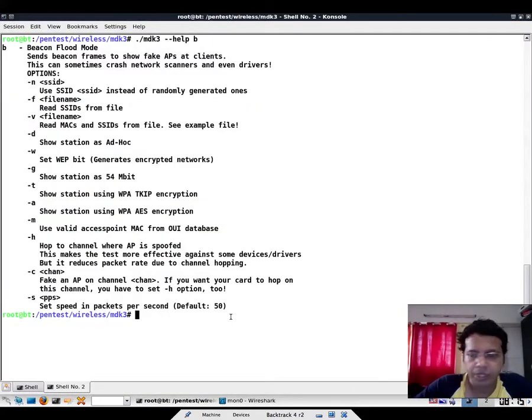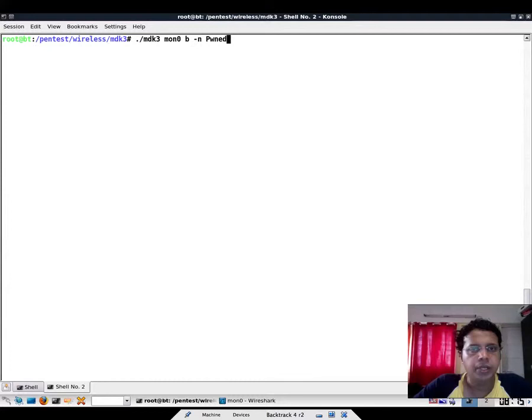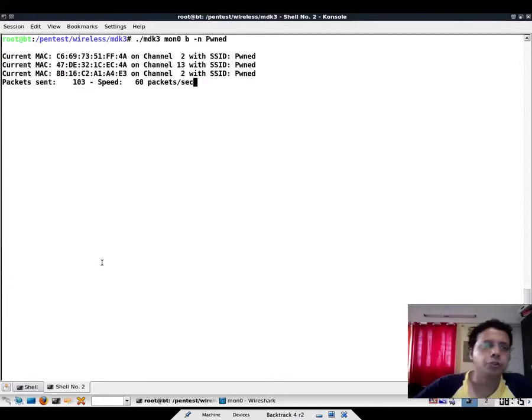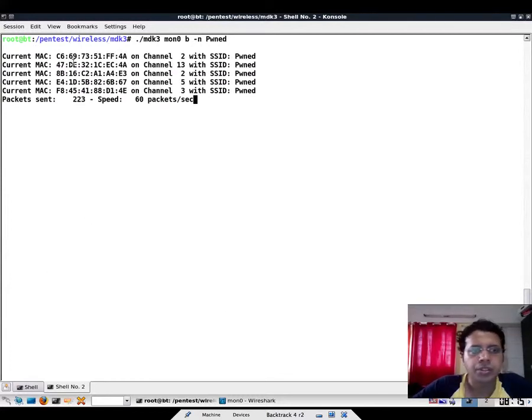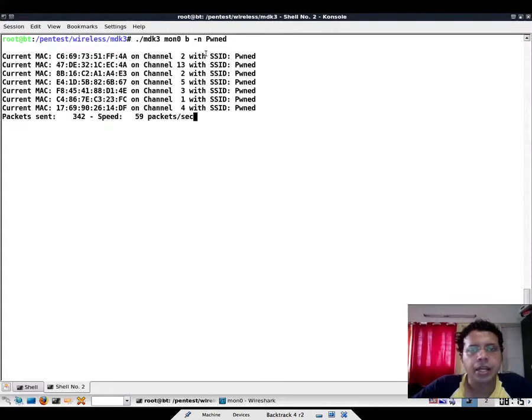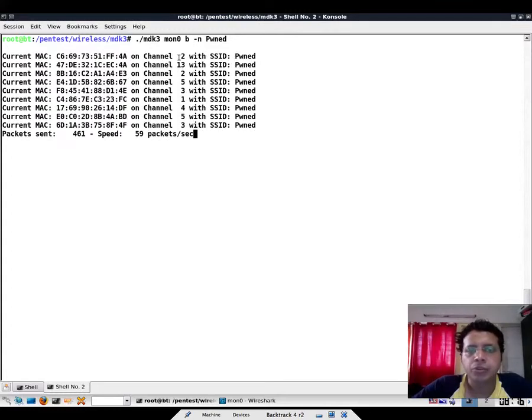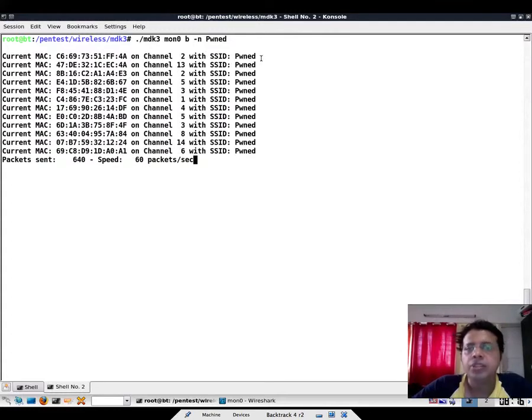So okay, here is how we can do it. Let's give MDK the monitor mode interface name mon0, B is for the beacon flood, and then -n is for the SSID, and let's say pond. Sounds good. Let's go ahead, run the tool. So if you notice, what this is doing is it's changing its MAC address and actually pumping beacon frames on various different channels with the SSID pond,